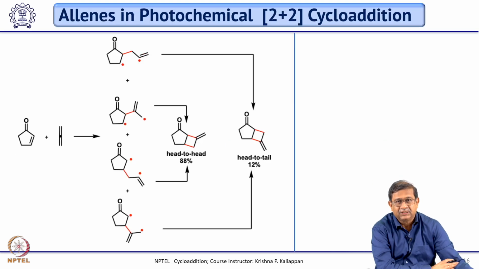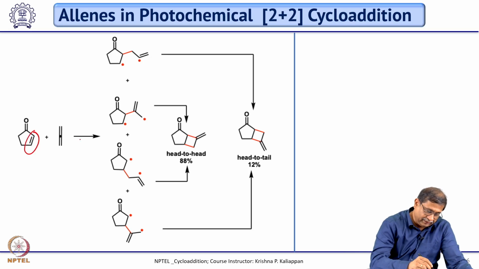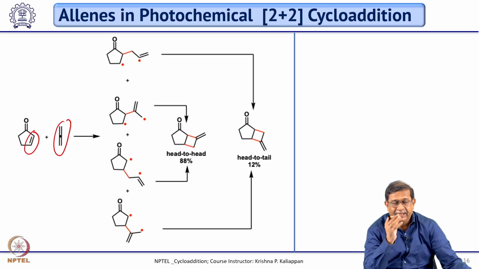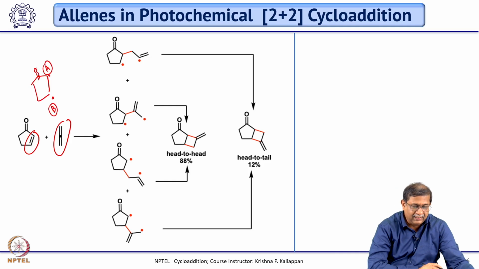Can allenes be used in photochemical 2+2 cycloaddition? We have seen the use of allenes in thermal 2+2 cycloaddition. Can they be used in photochemical condition? Yes. See, for example, you take a cyclic alkene and treat with allene. So, now the biradical which is formed, there are 4 types of biradicals. One, you can see here this, the radical A, radical B. If the radical A